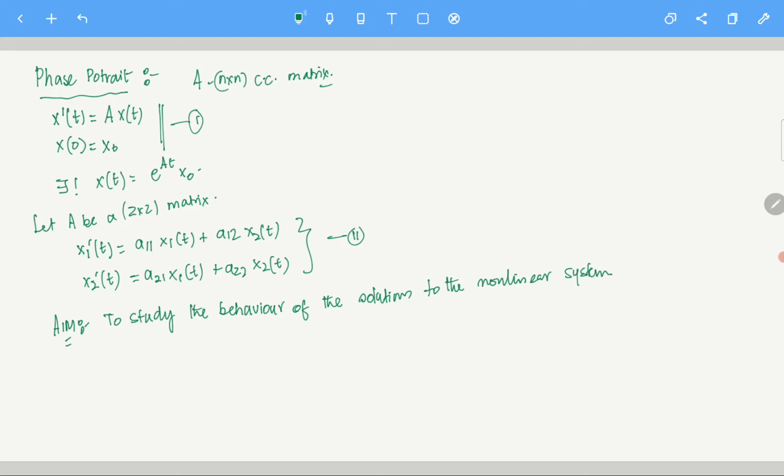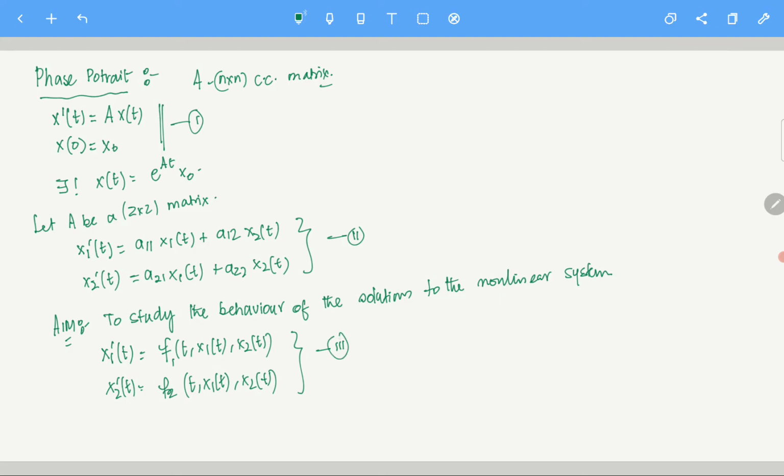Essentially, let's say I have a system, an equation like this, which is given by x prime of t equals, let's say, f1 of t, x1 of t, x2 of t, and x2 prime of t equals f2 of t, x1 of t, x2 of t. For now I'm just writing a 2 cross 2 system. I mean, you can just do it for an n cross n system also, right? So this is our 3.